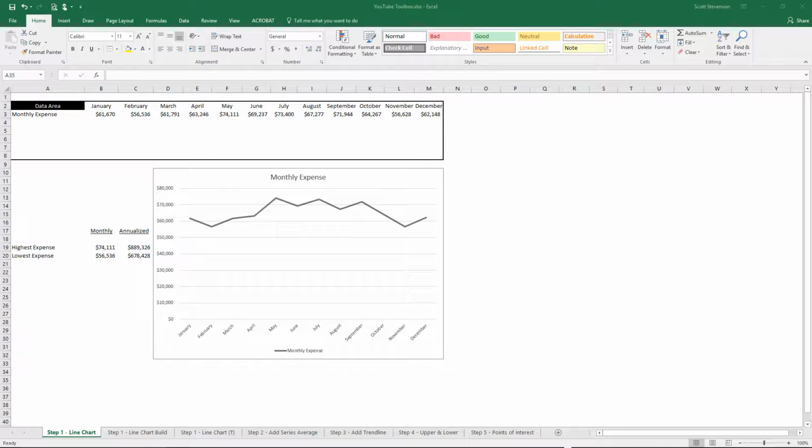A line chart is a great tool for visually analyzing data. The visual representation of the data will reveal relationships and trends that might not be apparent looking at the numbers alone. I'm going to show you how to create a simple line chart in just a few mouse clicks from